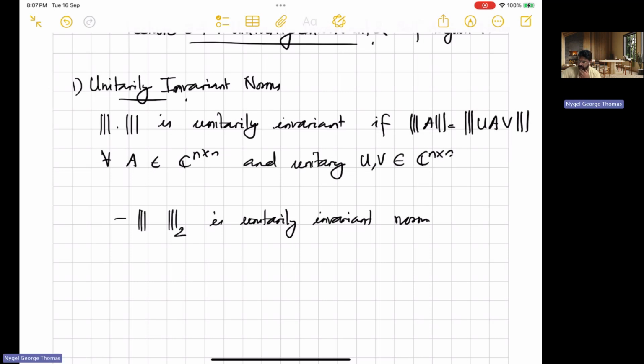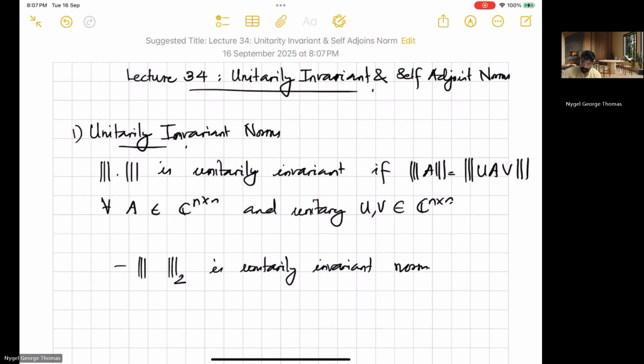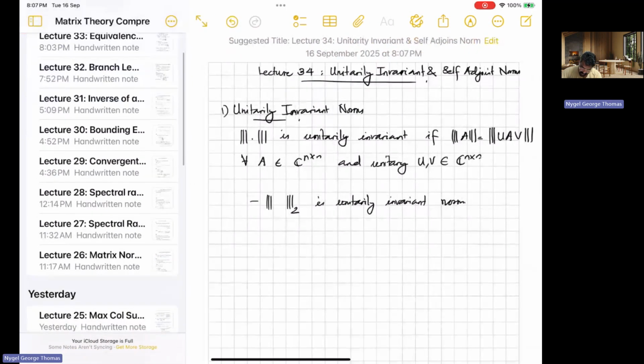Why is this unitarily invariant? It's because, okay, let's show this. Let's go back to